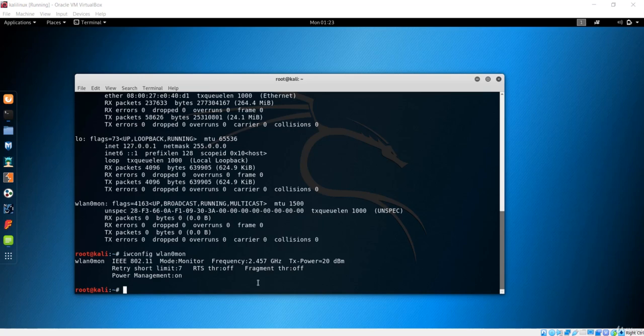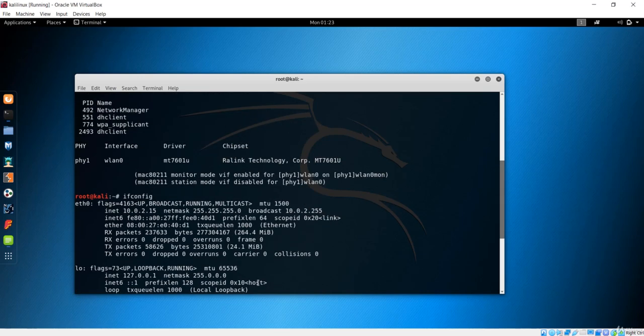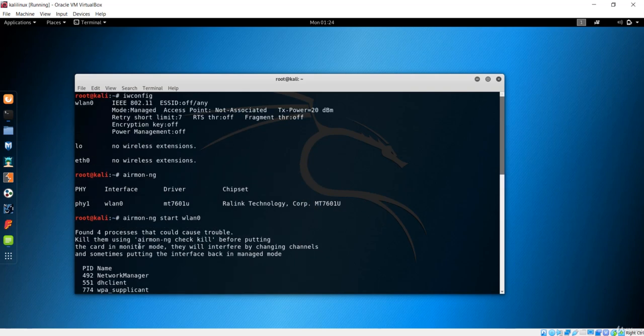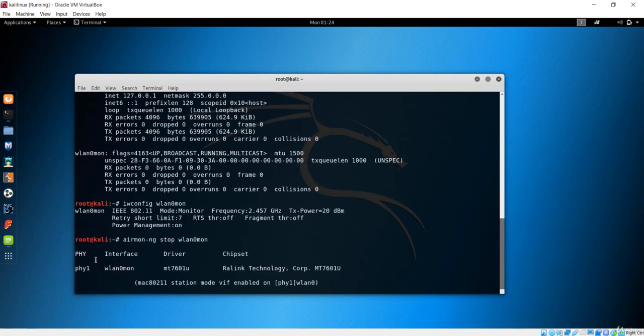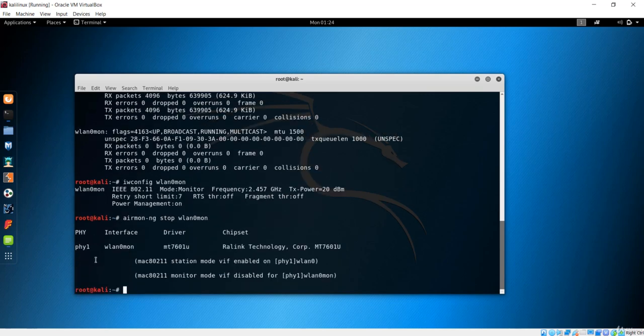Welcome to this lecture. In the previous lecture we saw how we can get from the manage mode to the monitor mode using the old method of airmon-ng. What you need to do now is, after you start airmon-ng, you can also stop it using airmon-ng stop. In this case we don't have wlan0 as the interface, because you could clearly see we have wlan0mon. So if I hit enter, our interface is back to normal.